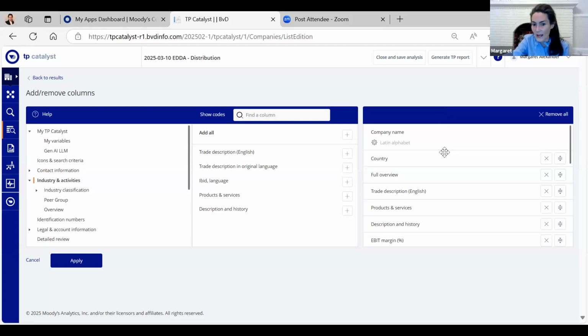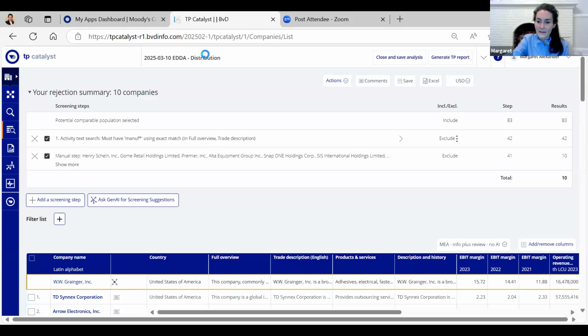So these are all the items that I'm going to see in that table. And you can use this button to move the items so that they're in the order that works for you. And after you add all of the pieces of information and they're in the right order, you just hit apply.